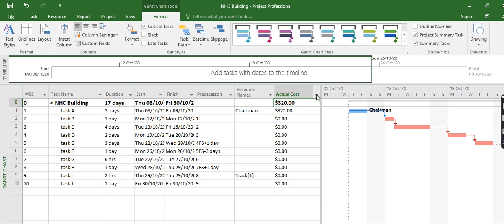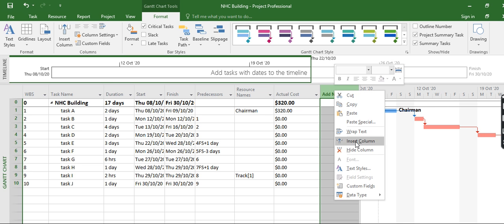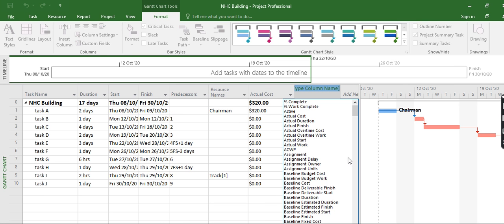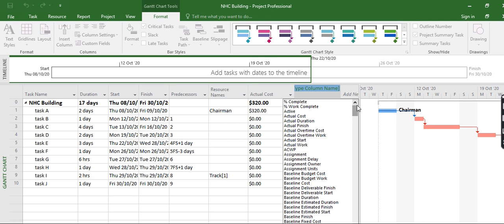So depending on what you want to see on the Gantt chart, then you can add any information. You just right click, insert, then you select what is need to be there. There's baseline, there's duration, there's finish, there's flag, hyperlink, milestone, resources names. Okay, so let's say if I want to see